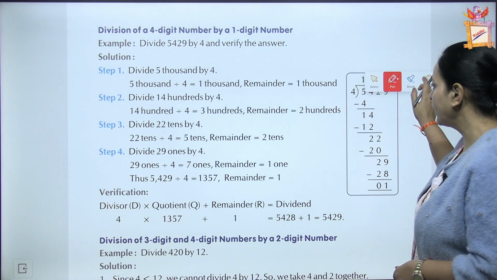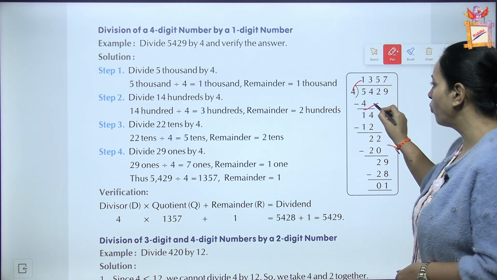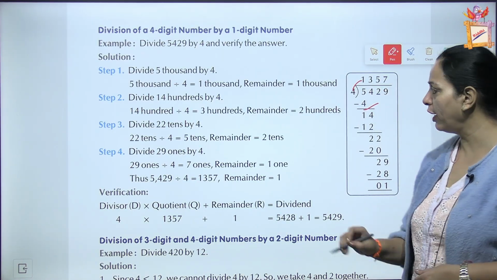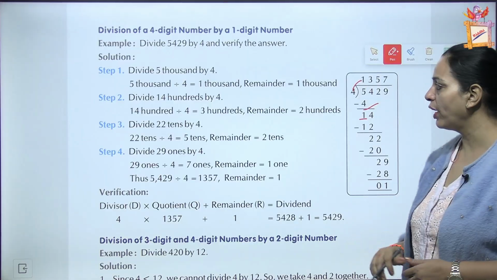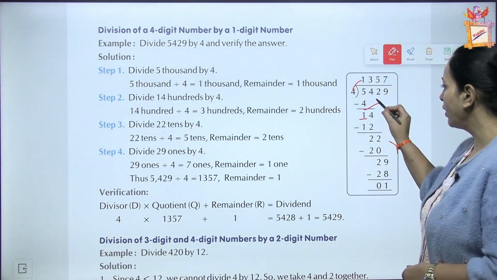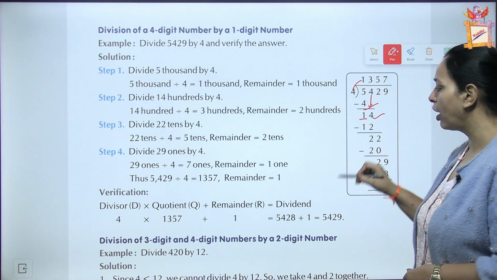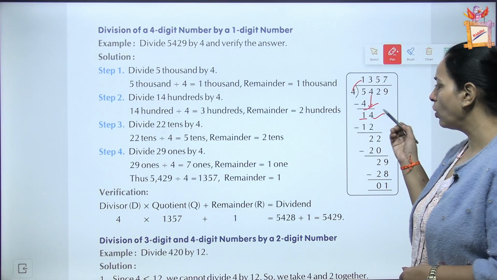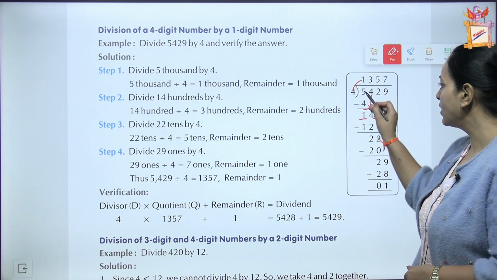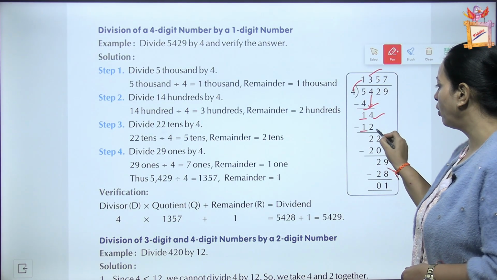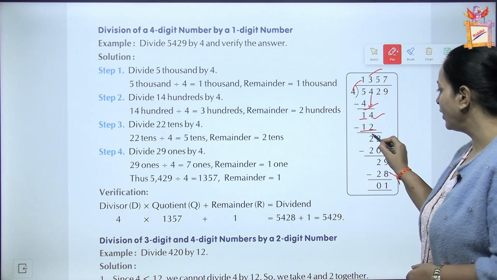तो हम divide कर सकते हैं 4 से. 4 1s are 4. 1 यहाँ पर हम quotient में लिखेंगे, minus कर देंगे, we are getting 1. Now take next digit 4, it becomes 14. So now recall the table of 4. 4 3s are 12. So 3 quotient and 12 here. Minus करेंगे, 2 is left.